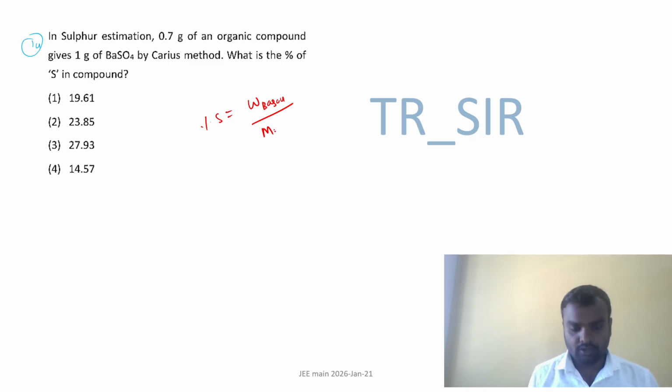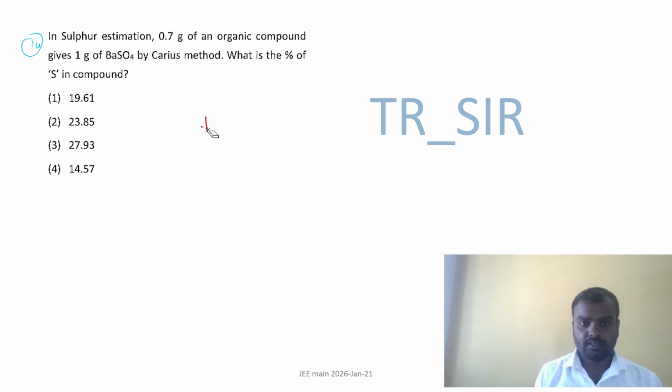Percentage of sulfur is equal to weight of BaSO4 by molecular weight of BaSO4, into atomic weight of